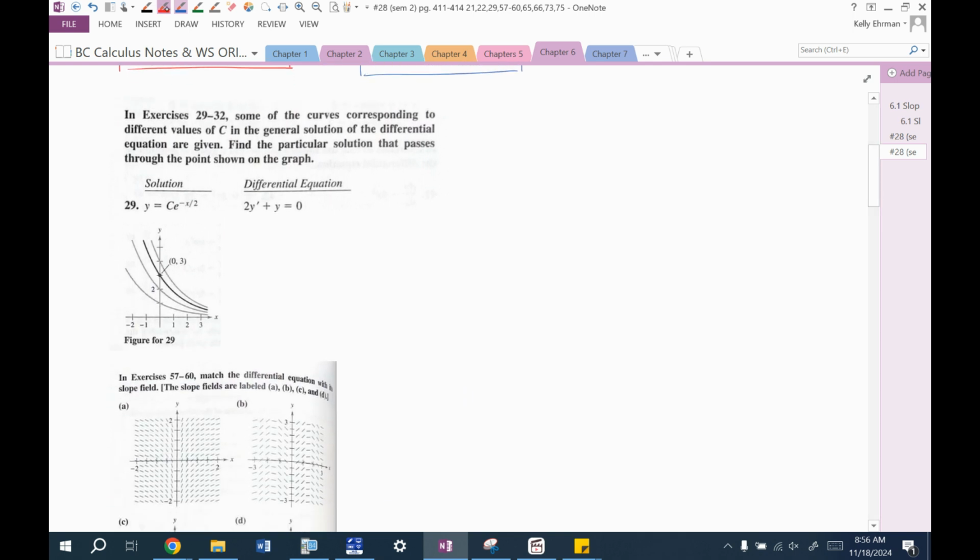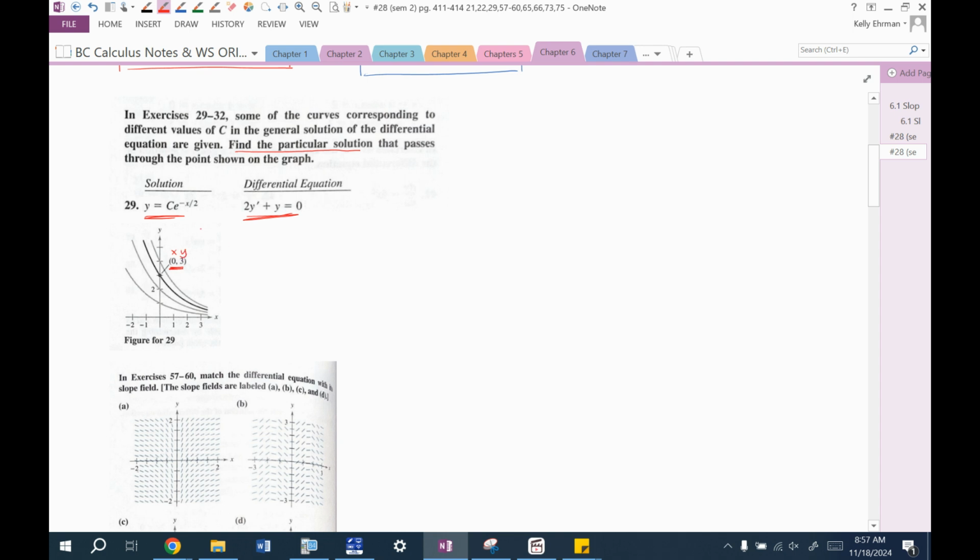For the next one, some curves corresponding to different values of c in the general solution of the differential equation are given. So think slope fields here. That's a visual representation of that. Find the particular solution that passes through the point on the graph. So here's the point they give me. They give me both the solution and the differential equation, so I don't have to worry about separate, integrate, celebrate, any of that stuff. I'm just saying, okay, find the solution when you plug in 0 for x and 3